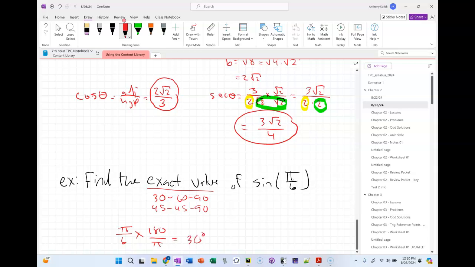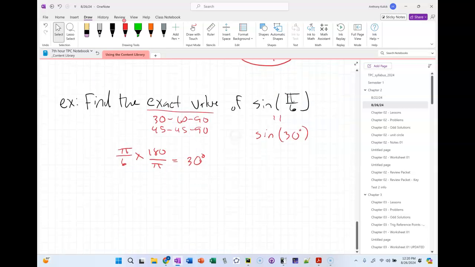So I'll take pi over 6 in radians and multiply it by 180 over pi. So the sine of pi over 6 is really just the sine of 30 degrees. So if I draw my 30, 60, 90 triangle,